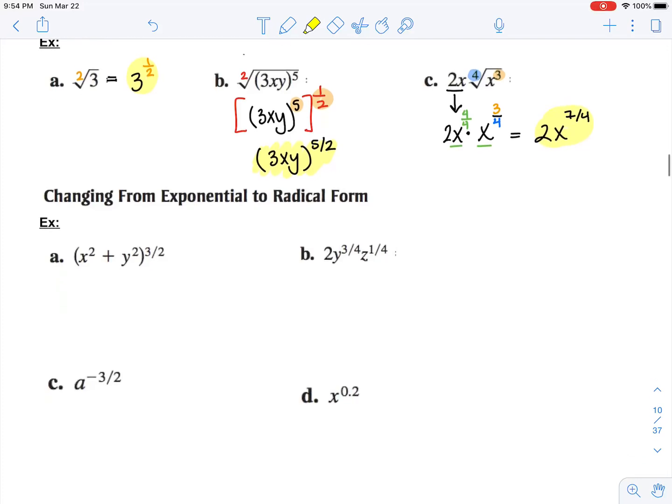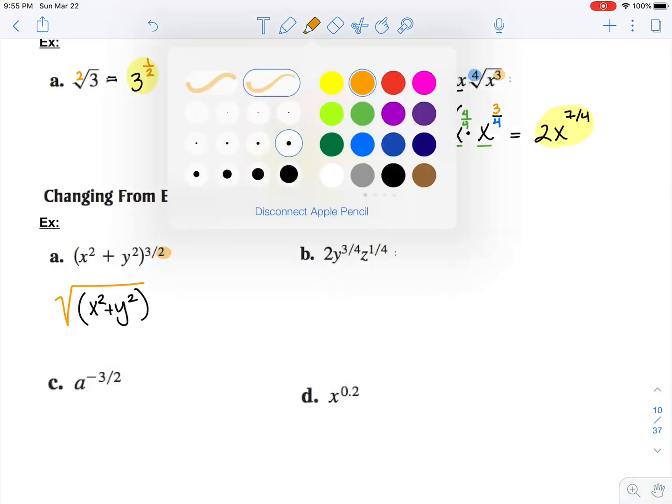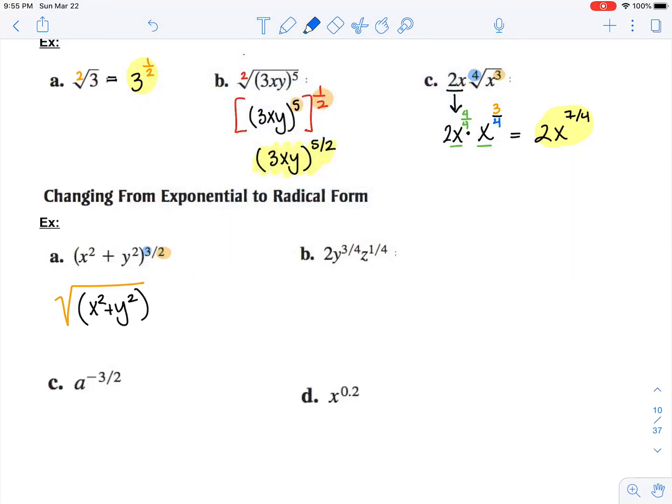Now let's do the opposite here, where we want to change from exponential to radical form. In part A, we have x squared plus y squared, but it is being raised to the 3/2 power. So the denominator represents our root. So this is going to be the square root of x squared plus y squared, and the numerator represents a